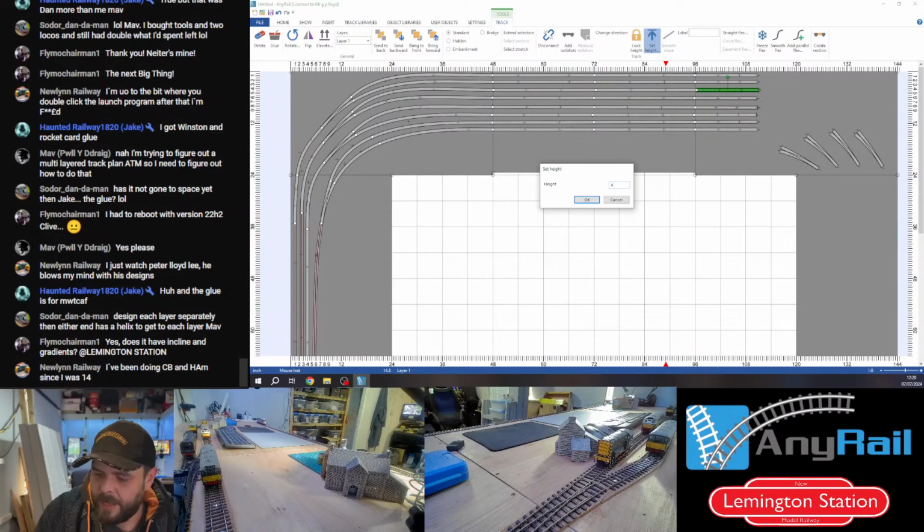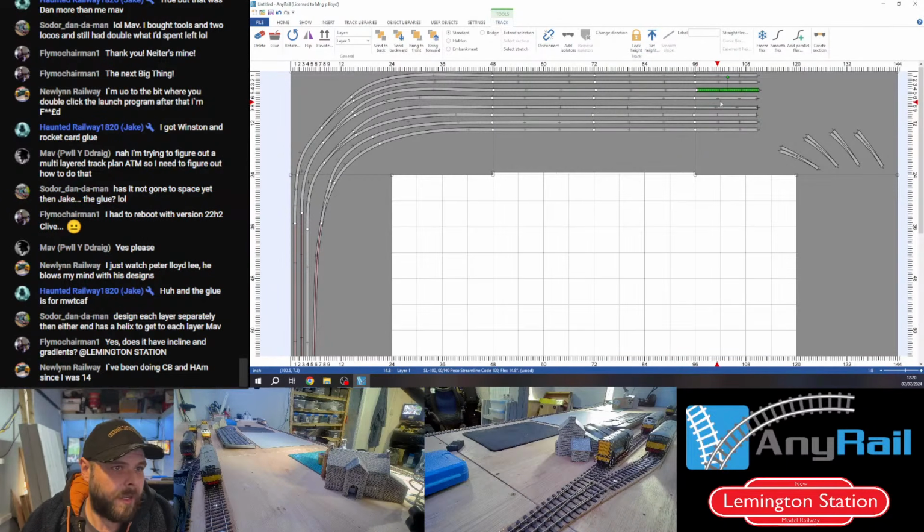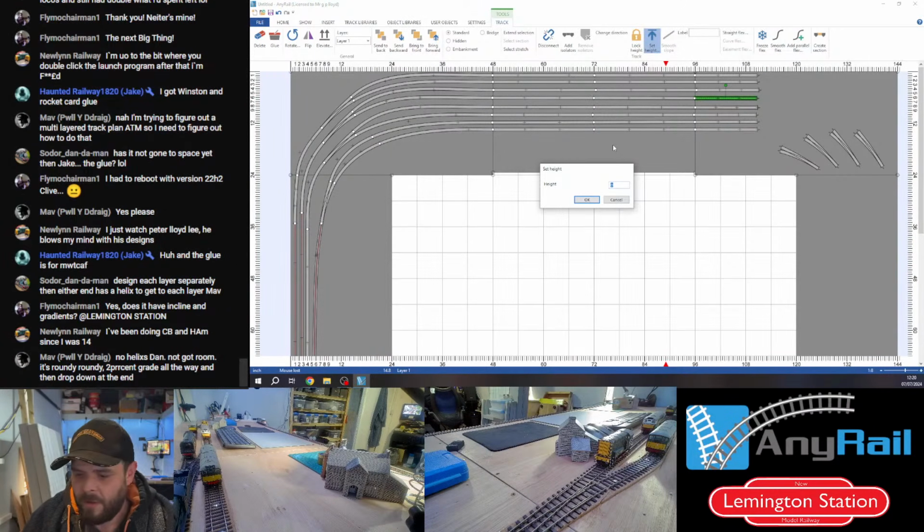If I put this at 4, now this goes in the same measurement that everything else goes at. So if you put 4, it's 4 inches high. So if I make that 4 inches high, and I also make this one 4 inches high,